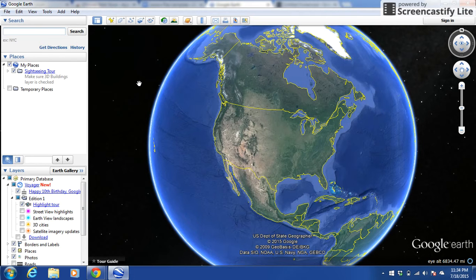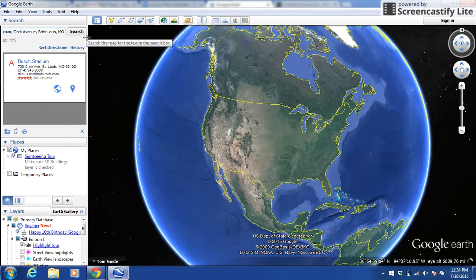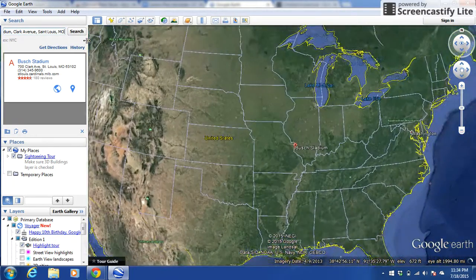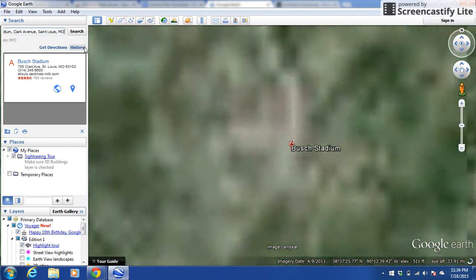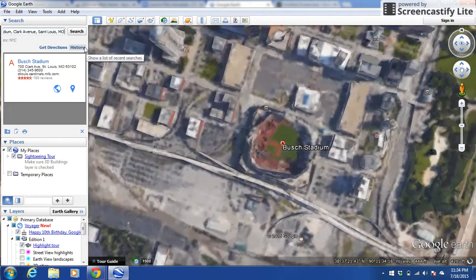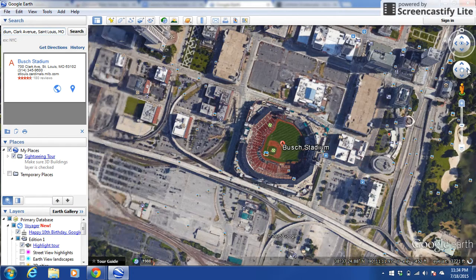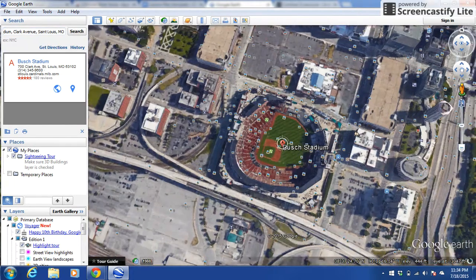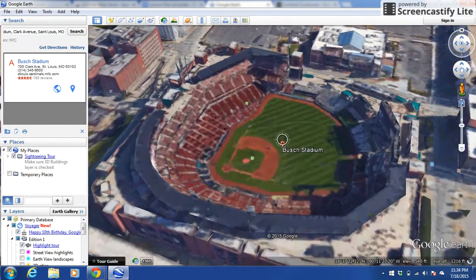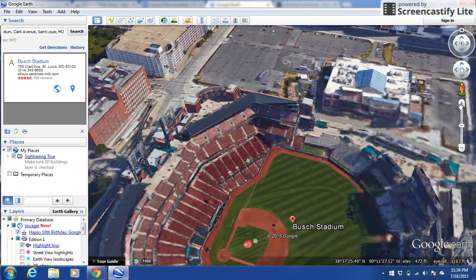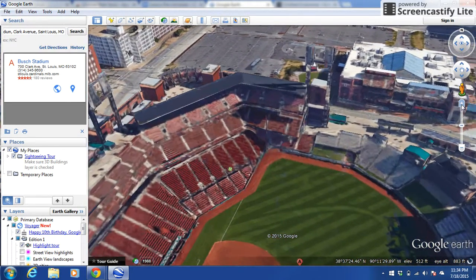So say I'm a baseball fan. I'm going to search Busch Stadium, where the St. Louis Cardinals play. So I'm going to click on it, search it, and Google Earth is going to take us essentially inside this place. It's going to give us our aerial view right here, and on the right here you have some tools where you can kind of swing the view around. I'm going to zoom in pretty far here,